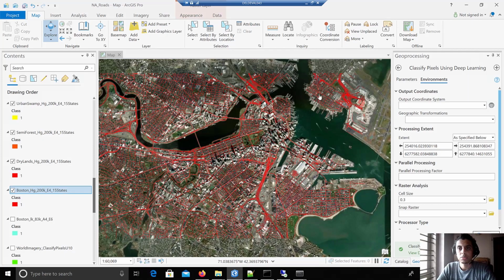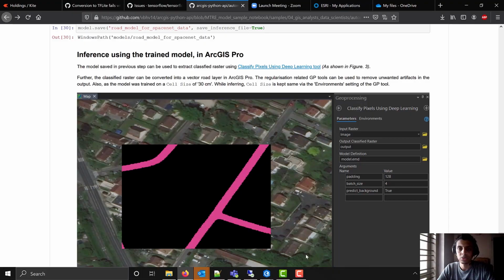To conclude, this model is currently supported for 8-bit imagery, and in the future the plan is to extend this model to 16-bit as well as multispectral images. Also, this model performs quite well even if there are small or medium length shadows which occlude the road. But if there is large occlusion over the roads due to clouds or any other shadow, then the model fails to infer those kinds of roads. Thank you.